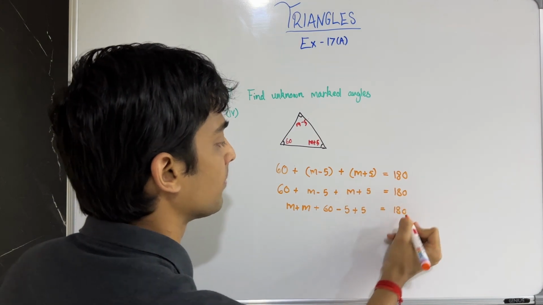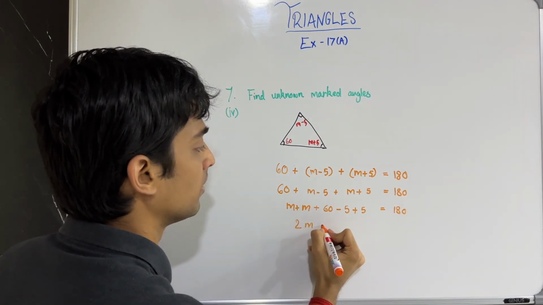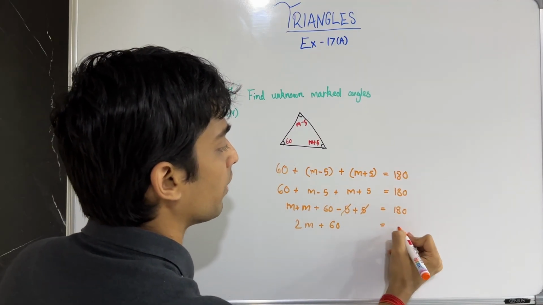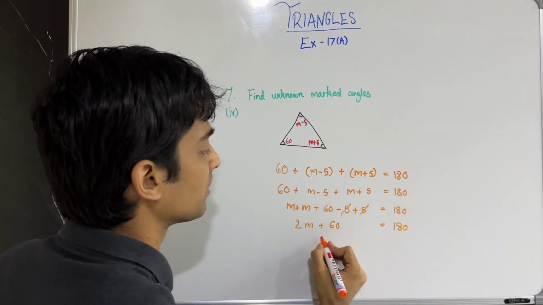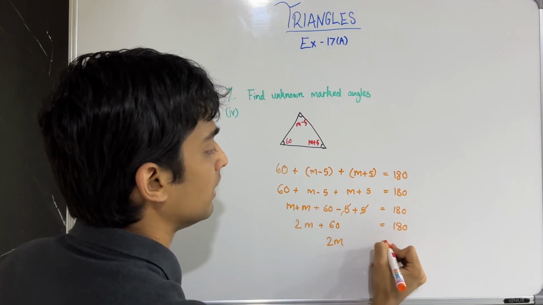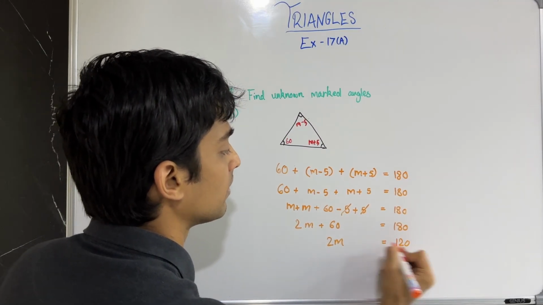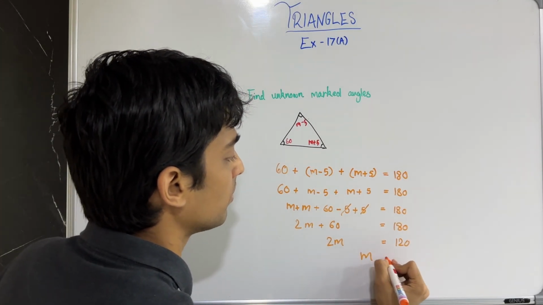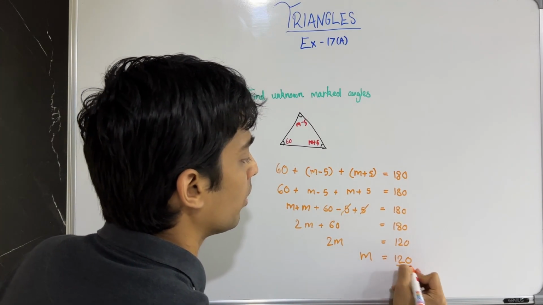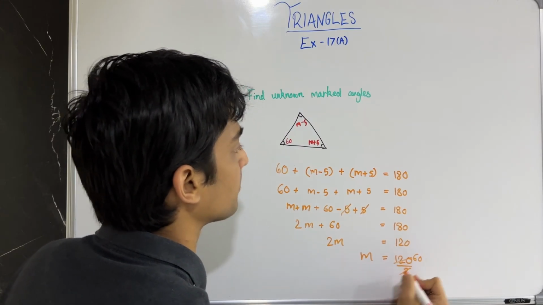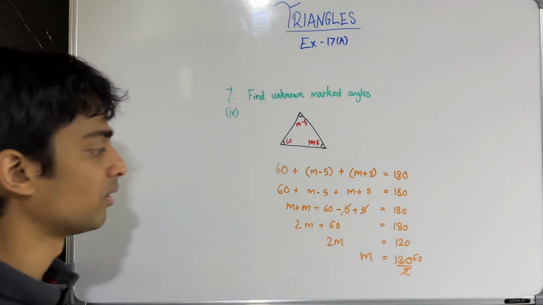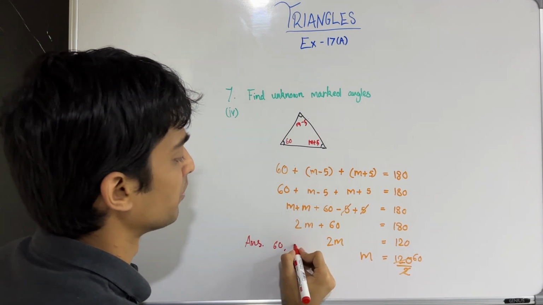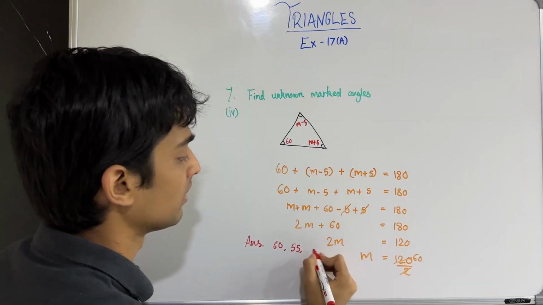equal to 180. We get 2m plus this gets cancelled, 60 equal to 180. 60 goes there, so we get 2m equal to 120. 180 minus 60, 120. Now 2 goes here, so m equal to 120 upon 2. We get 60. Now the angles will be, answer, 60, m minus 5 will be 55 and m plus 5 will be 65